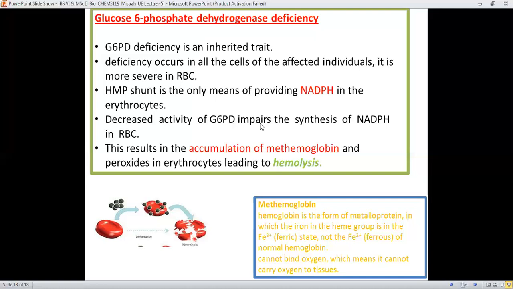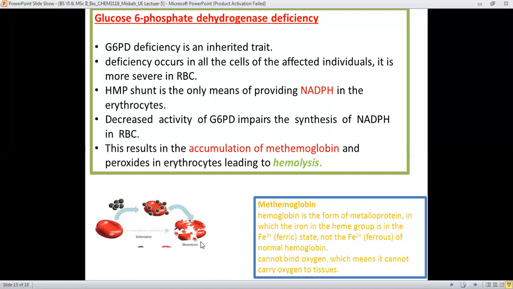which is G6PD, impairs the synthesis of NADPH, which results in the accumulation of methemoglobin and peroxides in the erythrocytes, and further it leads to hemolysis. Hemolysis means the red blood cells are going to break down, like it's shown over here. They are not normal red blood cells. They undergo deformation, and further there is breakdown or lysis of the red blood cells